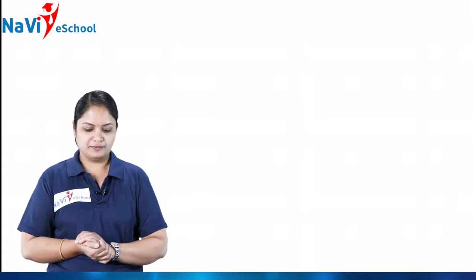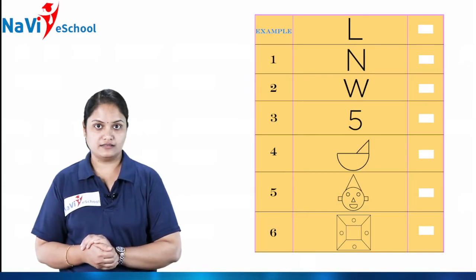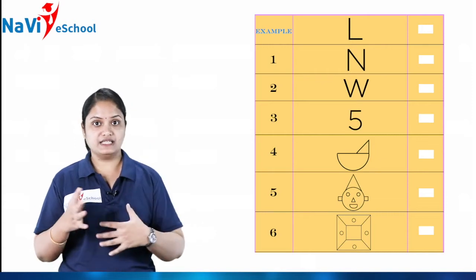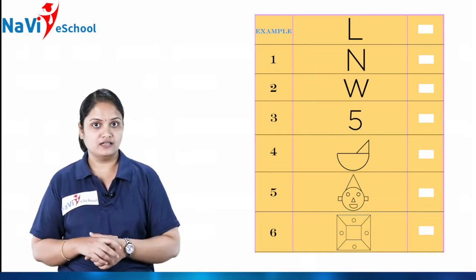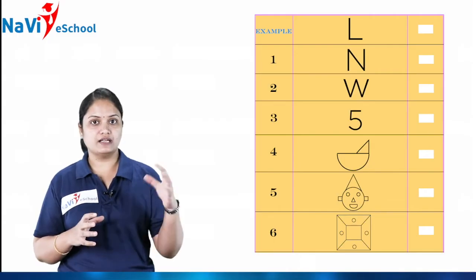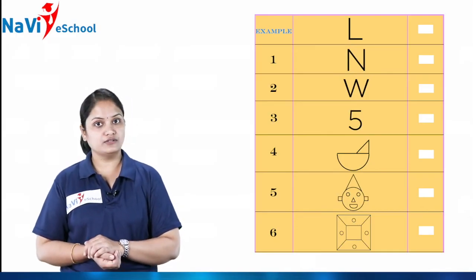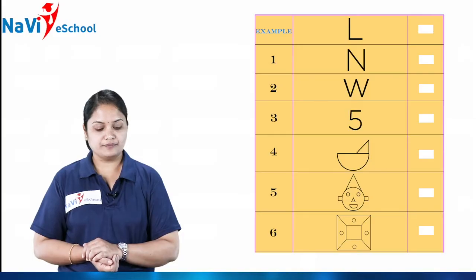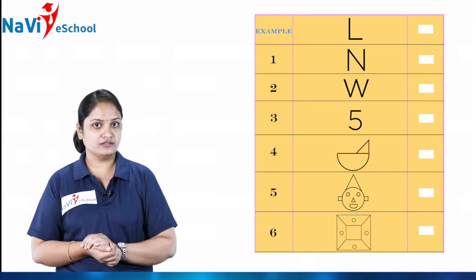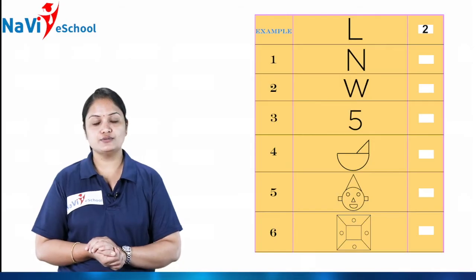Okay, so here, children, I am showing you some of the alphabet letters, the bold letters, which you know already. Some of them I am showing you on the screen. The first one is which letter, children? L, isn't it? So here, this L has how many straight lines? Can you find out? See? Yes, it has 2 straight lines.